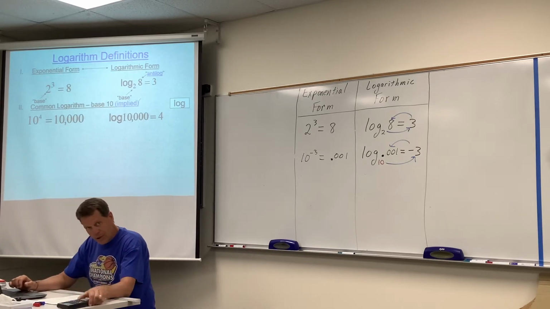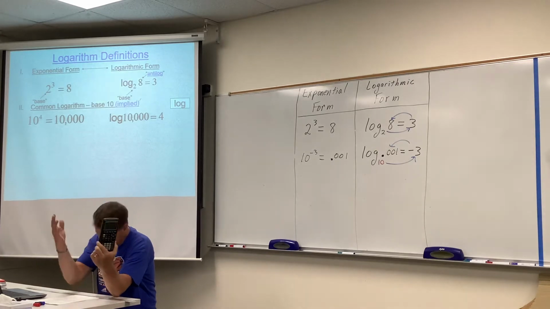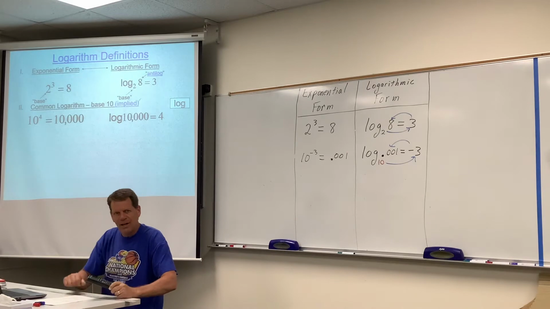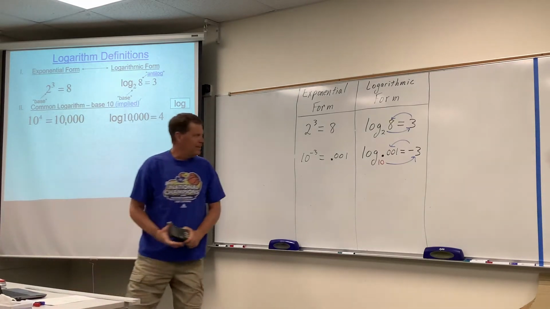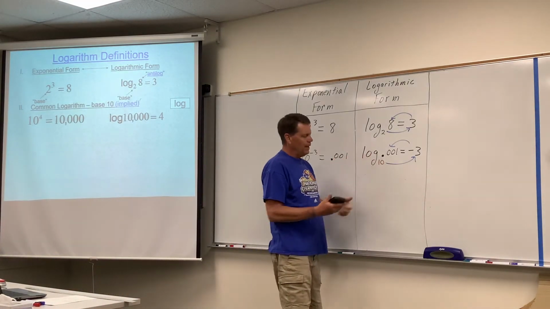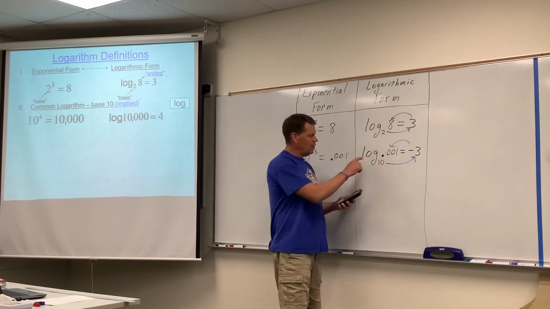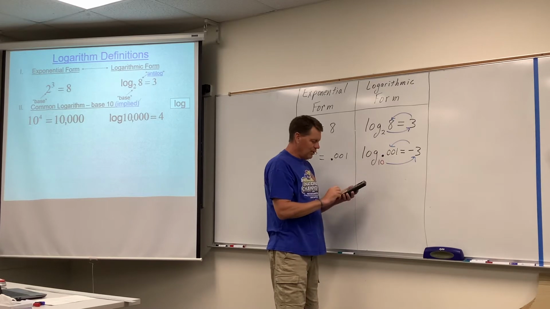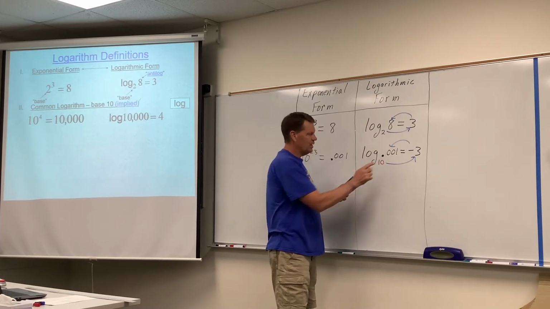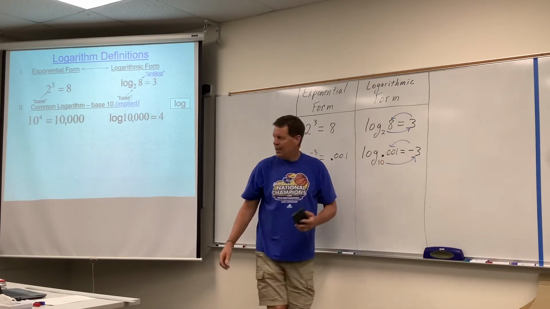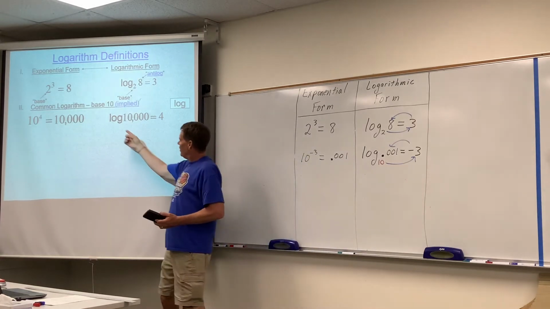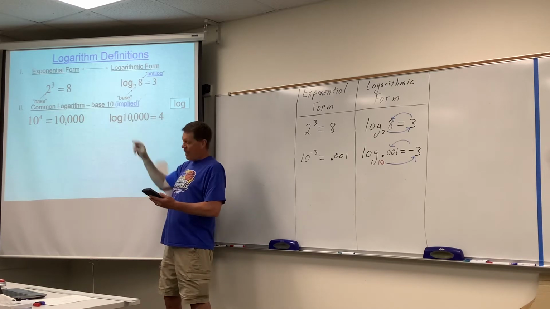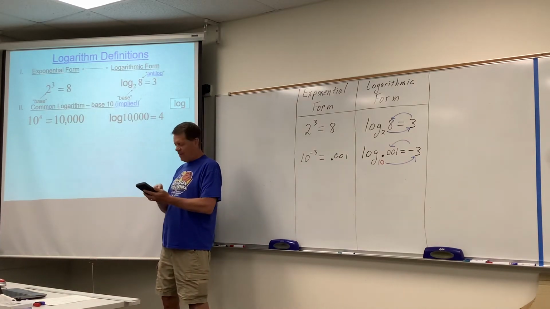And if you grab your calculator, I believe you'll see a button that says log on it. And if you could please, let's confirm this one. If you hit that button that says log, which is the one for a common, and put in 0.001 and hit equals, it should say -3. Same thing here. That's a common logarithm. That's the function in the calculator. Log, common logarithm, 10,000